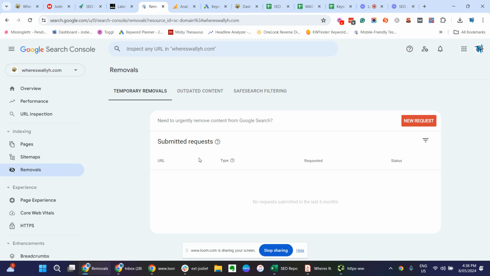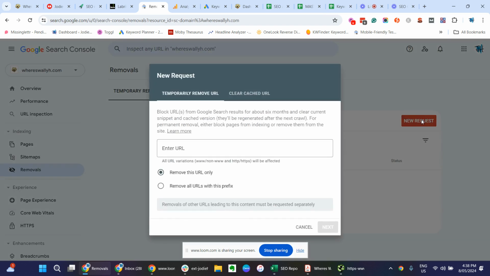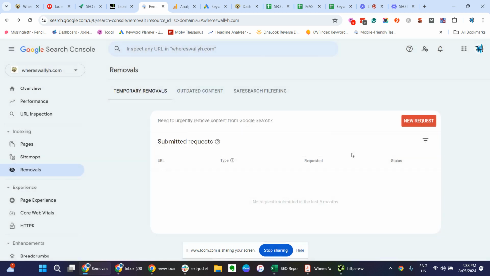So like, Google will eventually crawl your site again, or like all crawlers will eventually crawl your site again and notice that a page has been removed. But if you want to get it out of search quickly, you can come in and you can ask Google, put the URL in there and ask Google to remove. It will be a temporary removal,